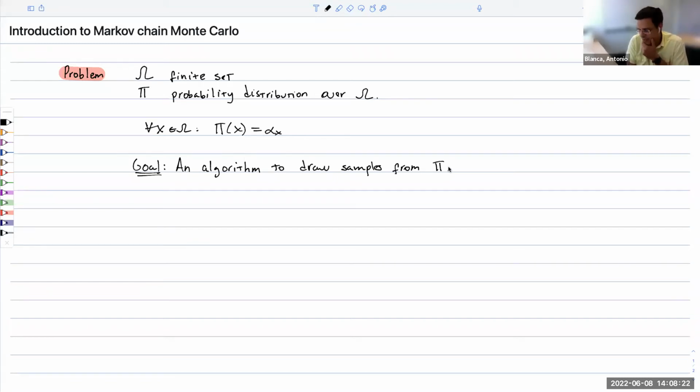So this is a fundamental computational problem. I don't know if you've seen it before. I guess that in most research areas in computer science, engineering, and other applied sciences, it's hard to go by without encountering this problem in some form. So we have some probability distribution. We want to draw samples from it efficiently, and as computer scientists, we would like to design this type of